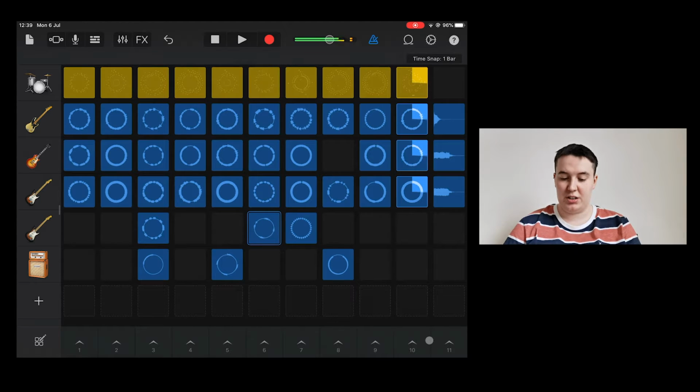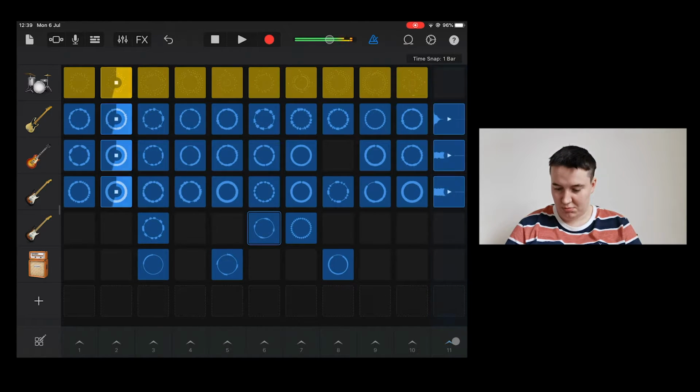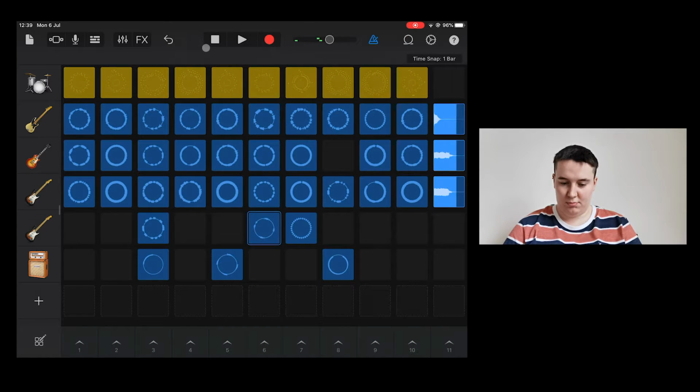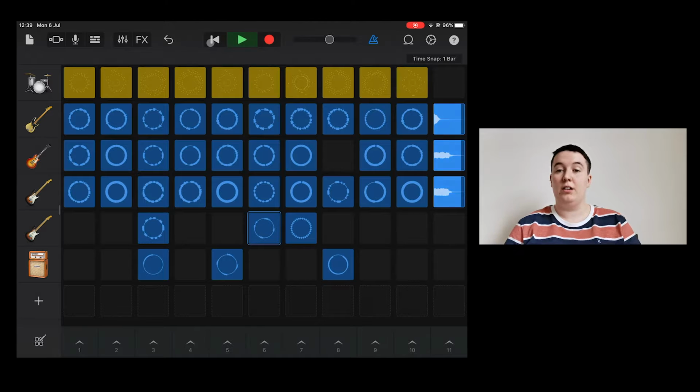It's a nice heavy section, that, isn't it? So number 10 sounds like it could be the same or very similar to number 2. And then there's that ending in number 11. So as you can see, I've just made a whole rock song in a couple of minutes, just simply by